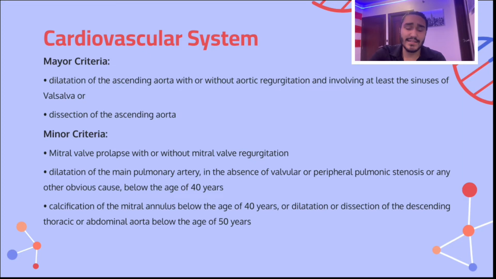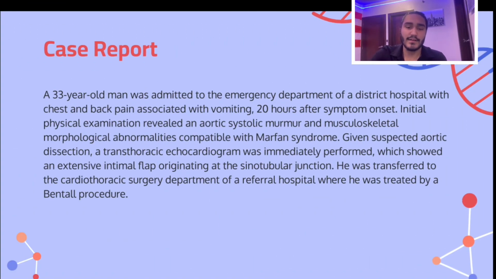The next slide is interesting because it's a case report, and it's important because it aims to highlight the importance of physical examination in the initial management of these patients. Now, the case follows like this. A 33-year-old man was admitted to the emergency department of a district hospital with chest pain and back pain associated with vomiting, 20 hours after symptom onset, and initial physical examination revealed an aortic systolic murmur and musculoskeletal morphologic abnormalities